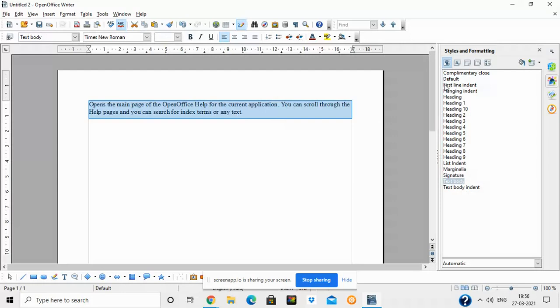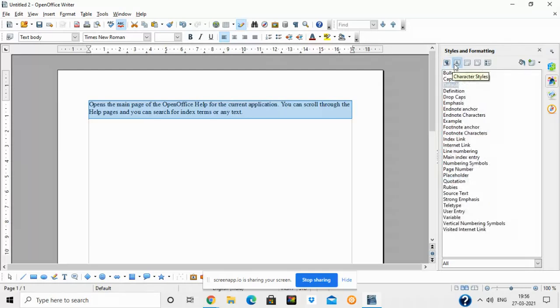As you can see, there are various categories of styles. This is for paragraph, this is for character, there are character styles, and paragraph styles for styling the whole paragraph. If you want to style the frames, frame styles and page styles are there, and some list styles which are used with bullets and numbering. Suppose I want to change the format of the paragraph, I will click on paragraph styles. If you place the cursor on these tools, it will show you the name of the tools. These are called tooltip information.